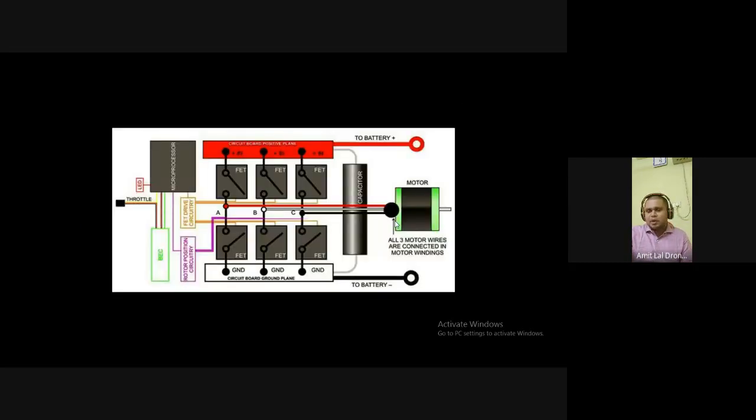This is how the block diagram of an electronic speed controller looks. It has a capacitor so that we don't burn up the ESC, because sometimes the motors may pull a huge amount of current from it. Other than that, we have a microcontroller. There are MOSFETs. What these MOSFETs do is take the data from the flight controller, give the relevant data, and then act upon the instruction given to the motor.